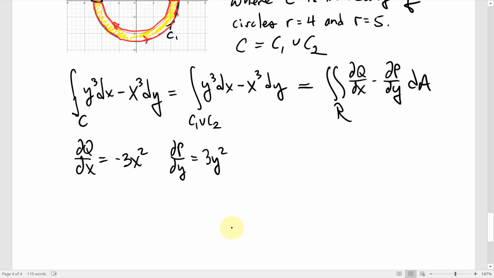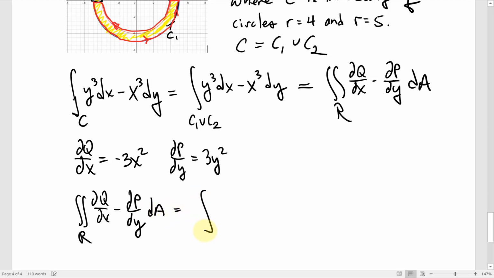And so now my double integral over the region R of the partial of Q with respect to x minus the partial of P with respect to y, integrated with respect to area over that region, we'll say from theta equals 0 to theta equals 2 pi to represent the angular rotation around the circle, of negative 3x squared minus 3y squared. And now